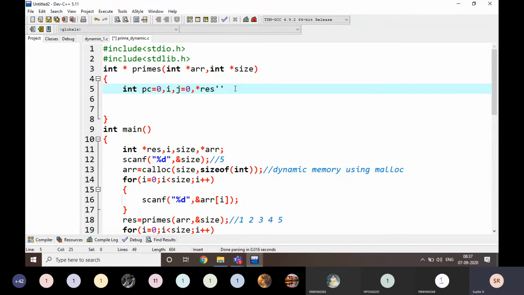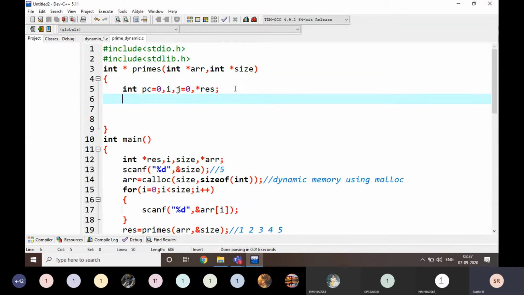I am going to allocate only one memory location initially. Res is equal to malloc of 1 into size of int. I am going to allocate only one memory location.